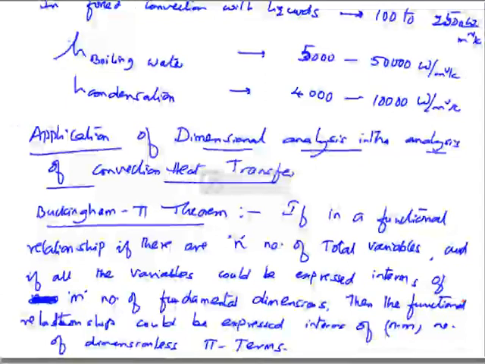This is a very useful theorem, particularly in convection heat transfer. In forced convection heat transfer, where velocity of the fluid is provided by an external agency, the convection heat transfer coefficient